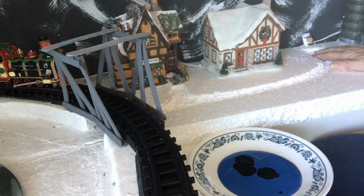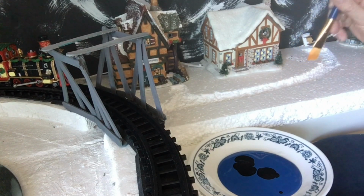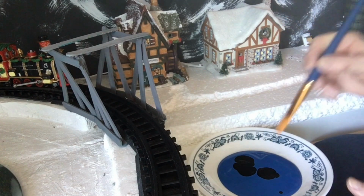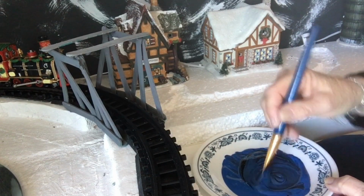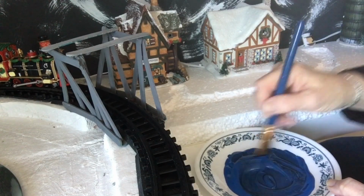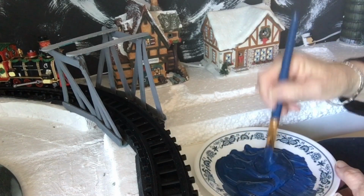And so I've chosen blue paint plus a dab of black because it's going to be looking a little deeper than it actually is. The darker the color, the deeper the river looks. So I'll just mix these two together. And you can see it's getting a darker blue all the time as the black is absorbed into the blue. And you don't want any of the blue left over because otherwise you're going to get two-toned colors, which doesn't really matter, but